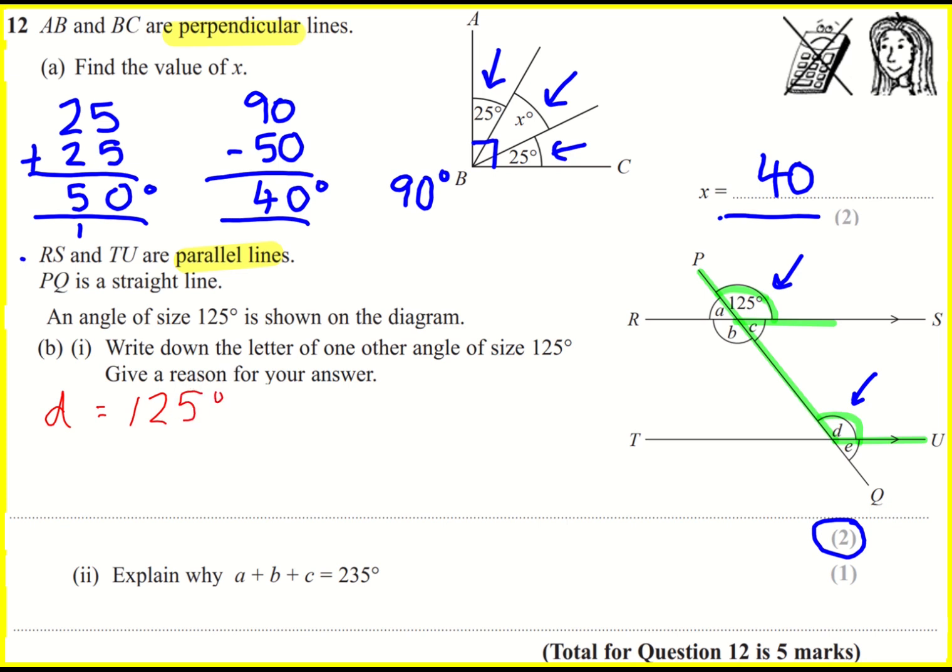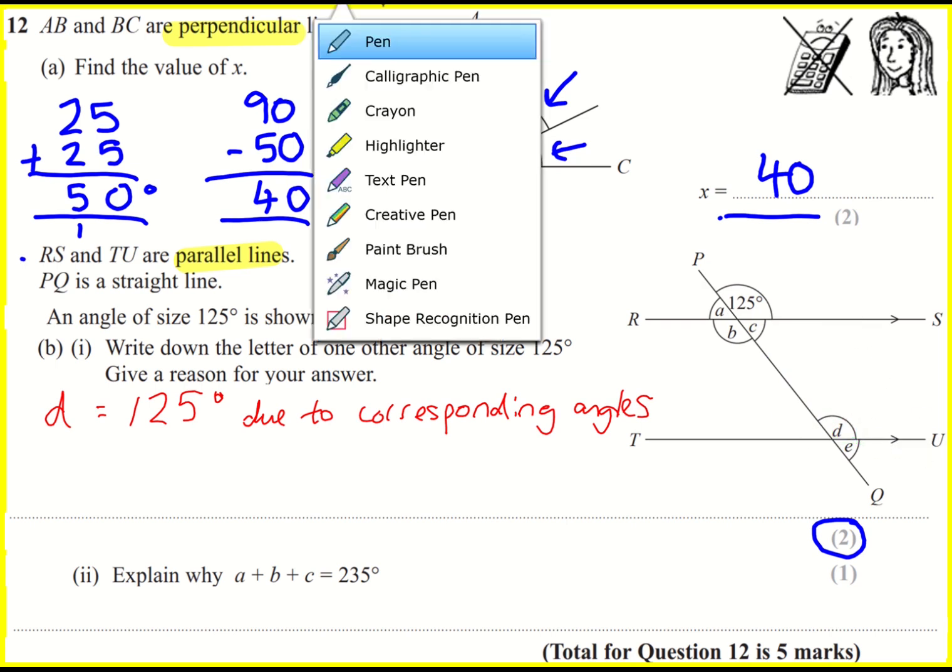And the reason is you can't put F angles, unfortunately. You have to know the name of that. And that is corresponding angles. So you put 125 due to corresponding angles. Corresponding angles. I'll show you another one. I'll help you out with all the different types as well, not just the ones that appear on here. And then another